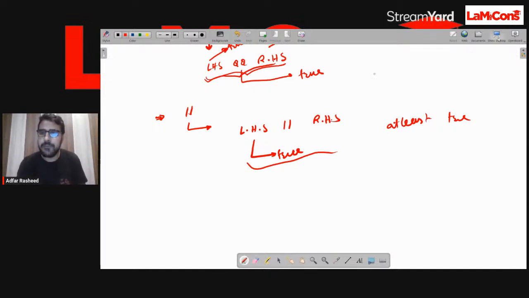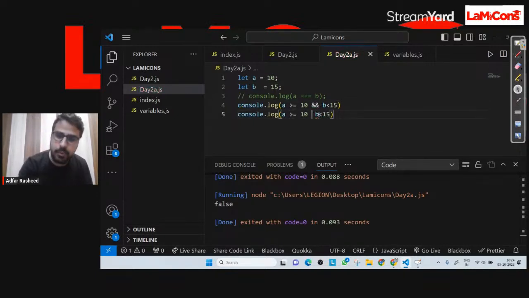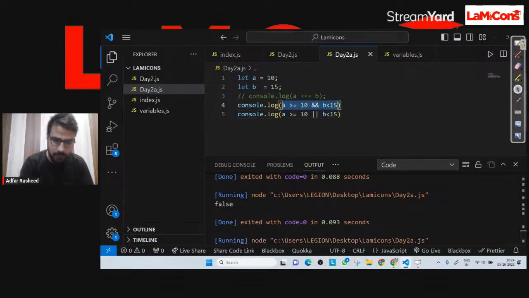Okay, now for that, let's go over here and try to understand what we mean. If I simply put or now, I have removed the and. Although, let me copy this before going over here. Let me copy it and let me directly put or like this. If I execute this particular code, of course, it is false